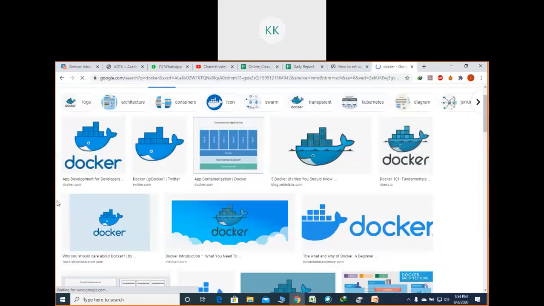Yes, the blue whale. You see, these are all the containers, 1, 2, 3, 4. All these containers are shipped from one place to another with the help of this Docker, and this blue whale is nothing but Docker. That means you are putting all these packages, along with the software and the dependencies, from one platform to another platform with the help of Docker. From this diagram, I think your concept is clear.